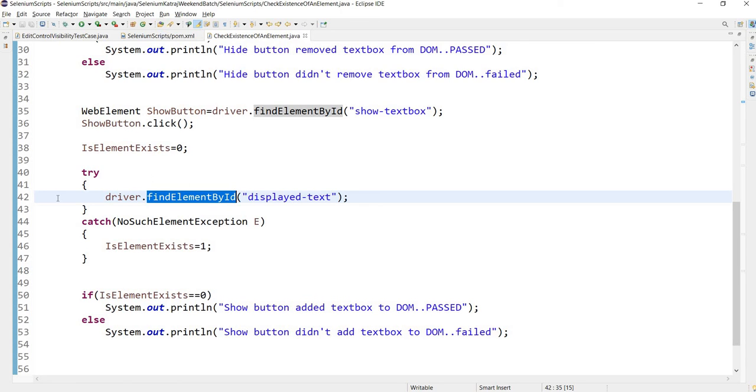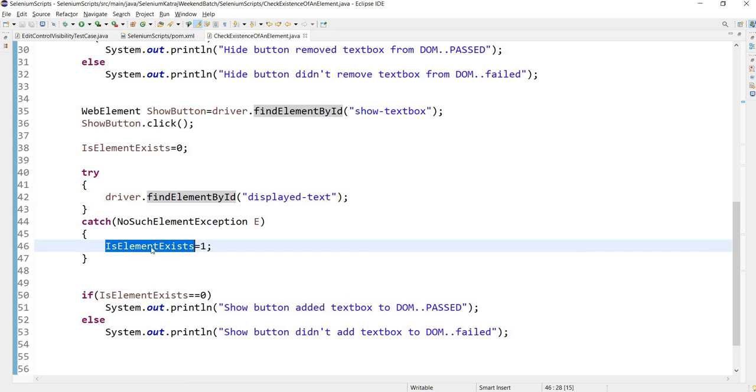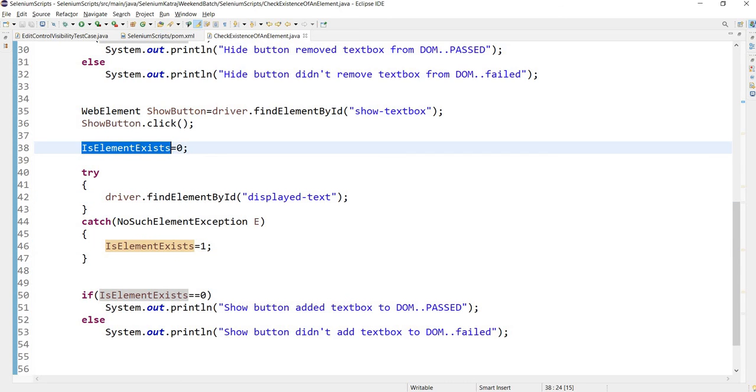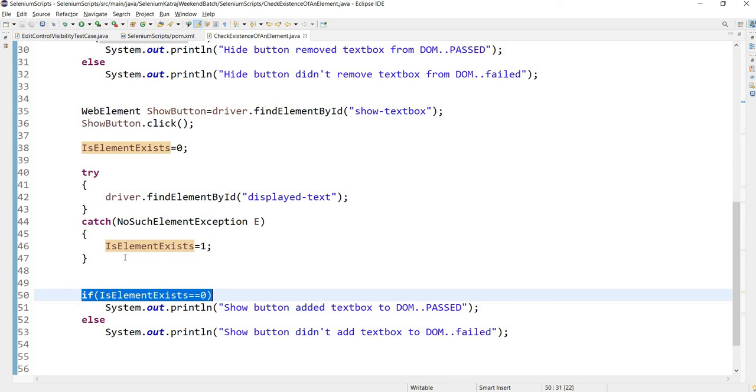But we are trying and catching here, because if it indeed happened that show couldn't add the element back, then this one will throw a NoSuchElementException, and it will change the variable's value from 0 to 1 here. But here we are checking the value with 0 to confirm that it didn't go inside this catch block.